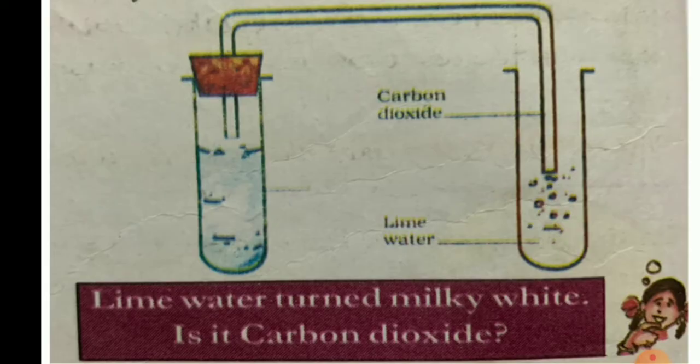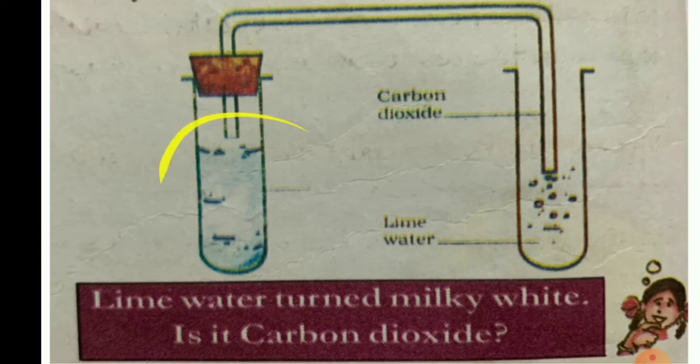That's why here I have given an apparatus for you. This is the test tube which I have taken with the lemon juice, and for that I have added some small pieces of marble, and I have closed it with a 1 hole rubber stopper. This is the mouth of the test tube which you will be closing. This is called a 1 hole rubber stopper because I have inserted a U-shaped tube here. For that a space will be there. That's why this rubber stopper is called a 1 hole rubber stopper. And the other end of the U-shaped bent tube I will be taking into one more test tube having the lime water.